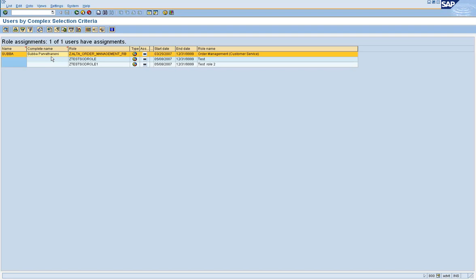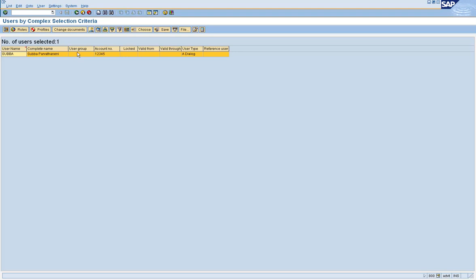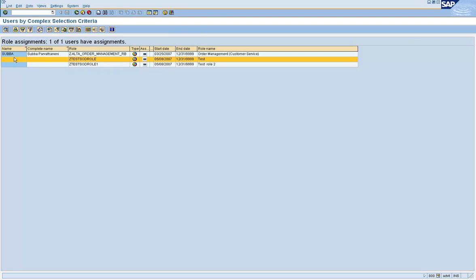So you have to download the data from AGR_USERS, download the data from USER_ADDR, and then combine them into one to complete your report. Whereas SUIM, this option automatically does everything for you. So if you click on roles here, for example, it gives you your name, using your user ID, and the roles that are assigned to you, and the validity periods of the role. Okay. Now this one does not give you the user group, for example.